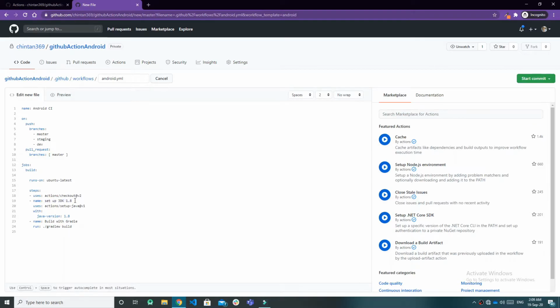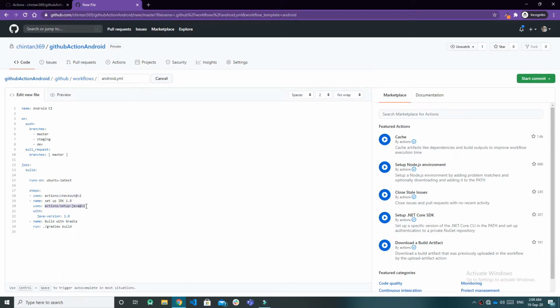If you don't want to give a name, you can remove this, but it is fine to give a name to identify which task is currently being processed while we are checking the running process. Then uses: which predefined task from the marketplace it is using. So here is a checkout task.